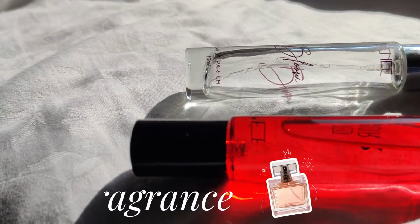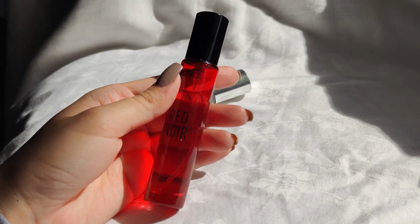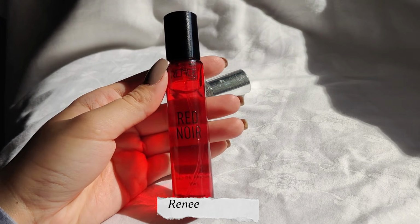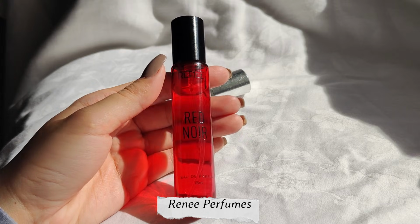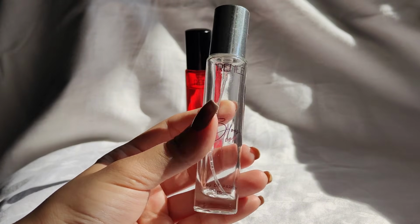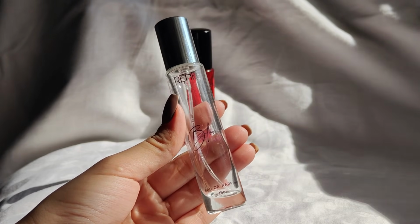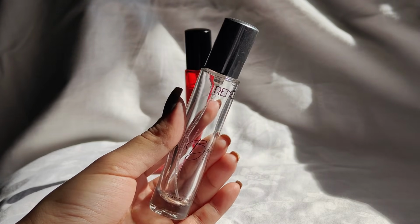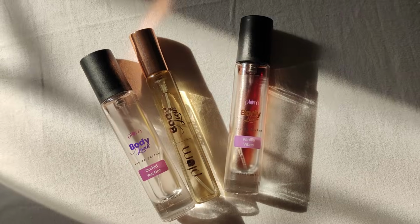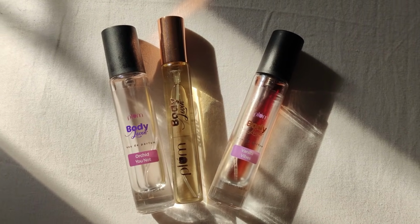And the last category is fragrance, and in fragrance the first product which I wouldn't recommend is the Rene perfumes. I tried these I think last year. I wouldn't recommend any of these. I have tested all of the variants and to be honest they just don't smell good quality. They smell really plasticky. If you want affordable fragrances which are good quality for their price point, I would recommend